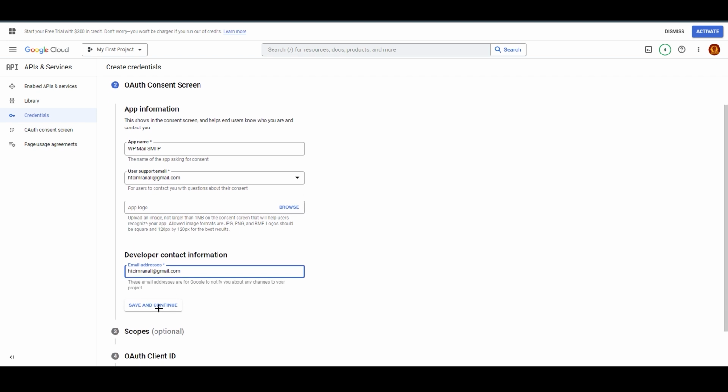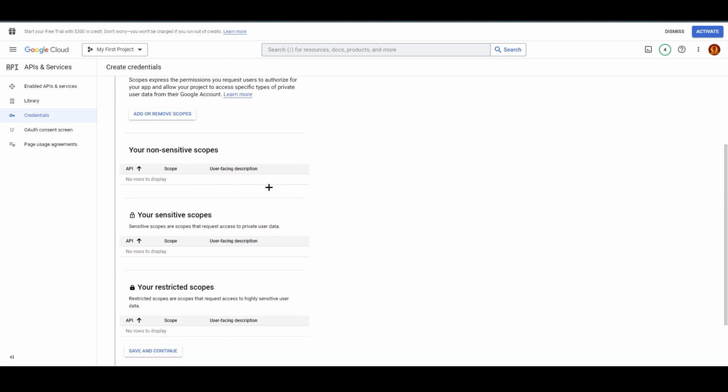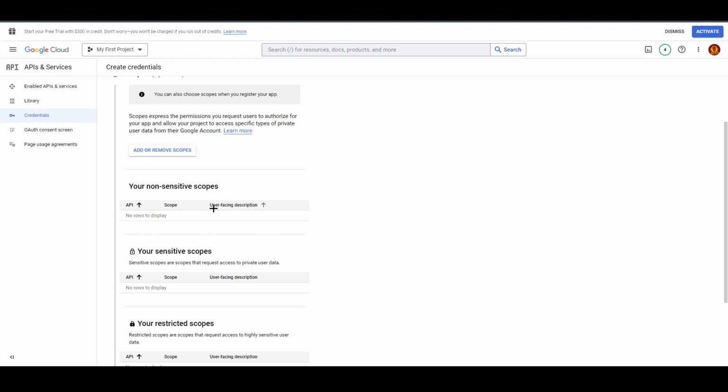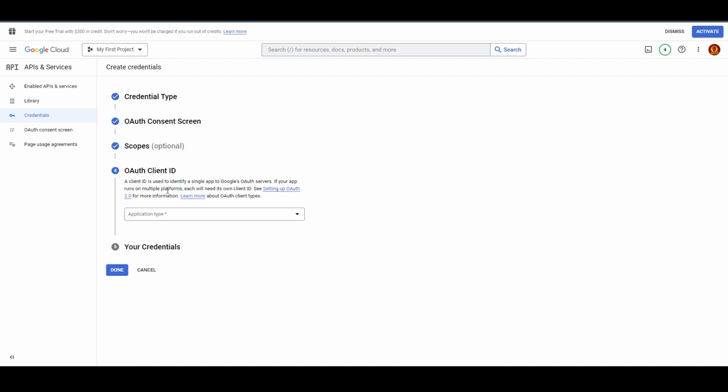and go ahead and click on save and continue. Simple as that, everything is going very smooth. After that, you will end up over here at scopes, and this is optional if you want to go and read that out. It's not that necessary for me to fill this out and tell you everything. I think you just go ahead and click on save and continue, and after that,